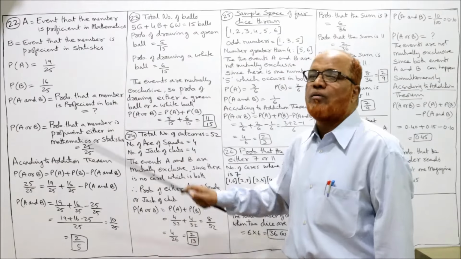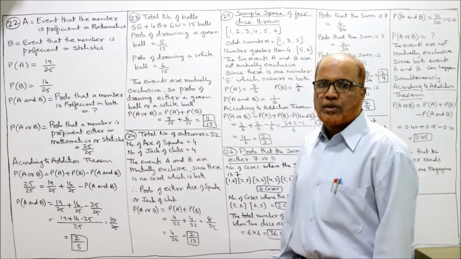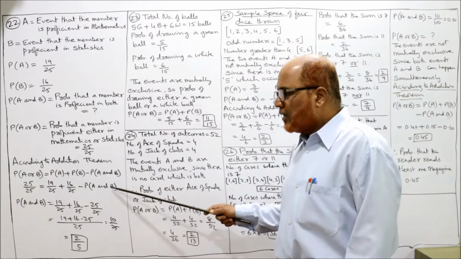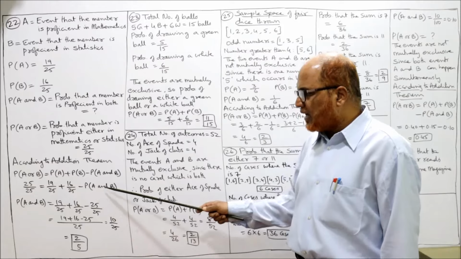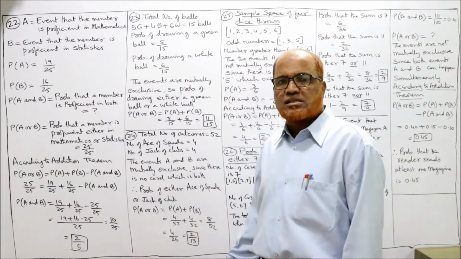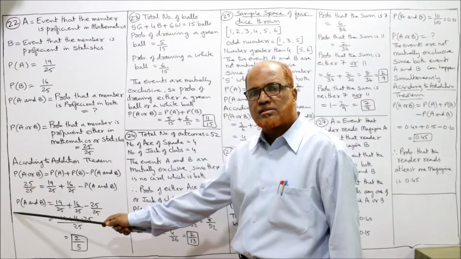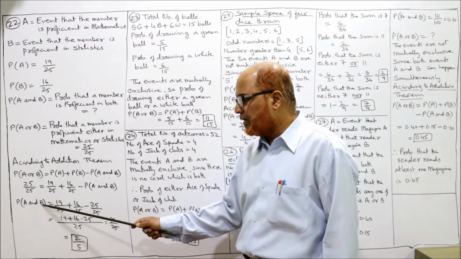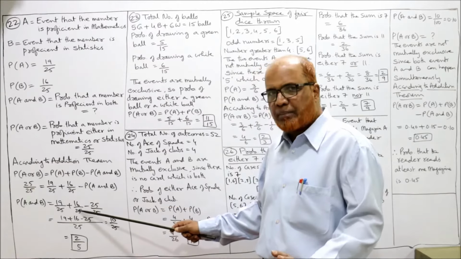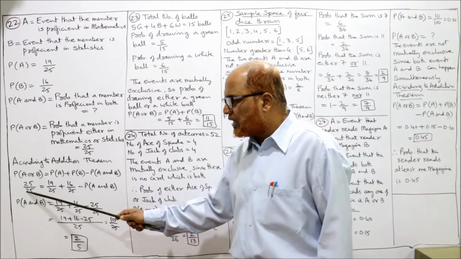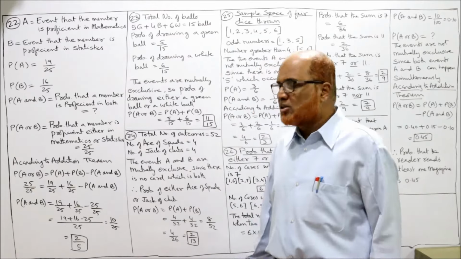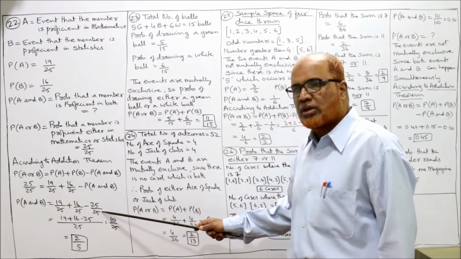We don't know. We have to find out. So ultimately we have to find out P of A and B in the whole equation. Now this P of A and B is on RHS. Now I am taking it to the LHS. So this minus will become plus P of A and B. 19 by 25, 16 by 25 as it is I am keeping. But 25 by 25 is on LHS. I am bringing it to RHS. So it will become minus 25 by 25.